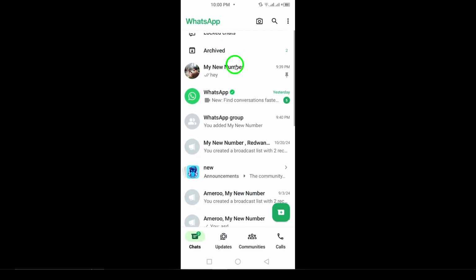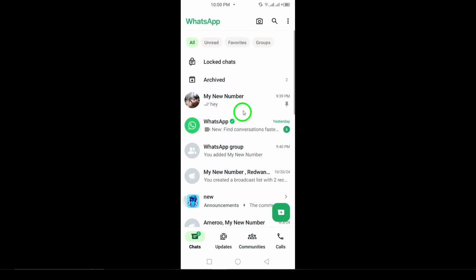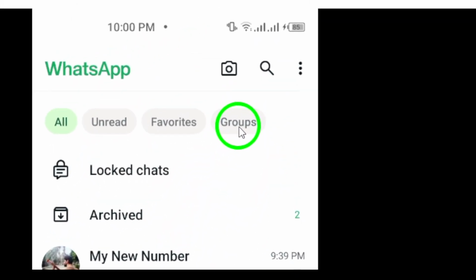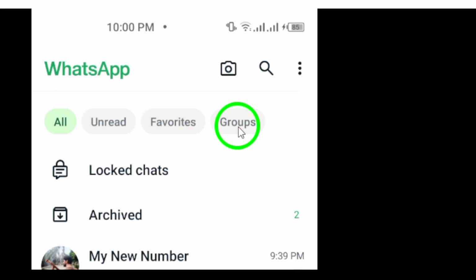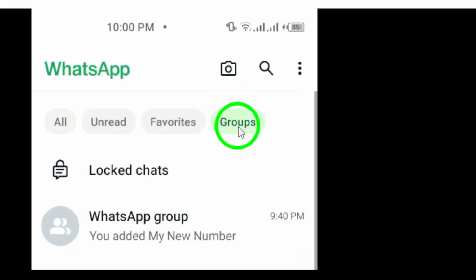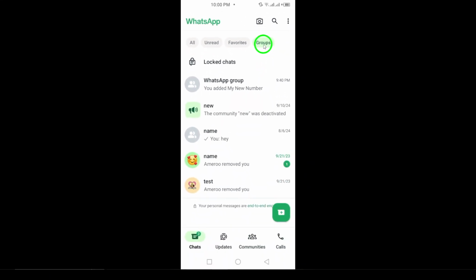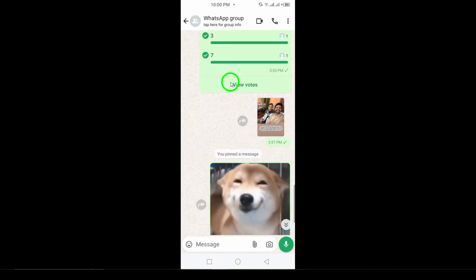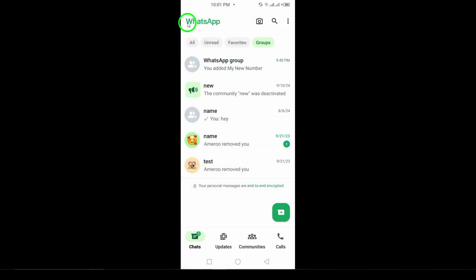Now, swipe down until you see the Groups section. This section will be below your individual chats and is typically labeled clearly. Once you locate it, you'll see a list of all your group chats, allowing you to easily navigate and connect with any of them. If you want to access a specific group, just tap on it, and you'll be taken directly to the conversation. You can also create a new group from this section if you want to add more